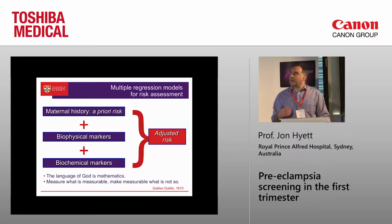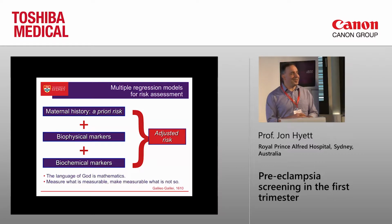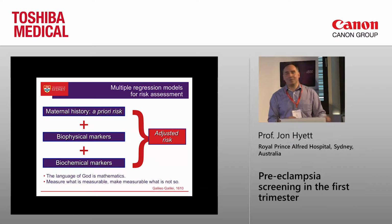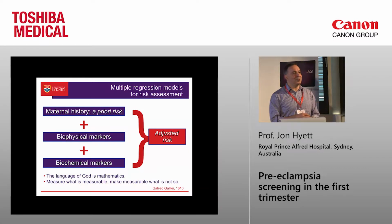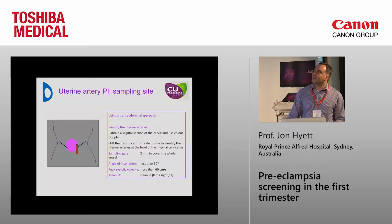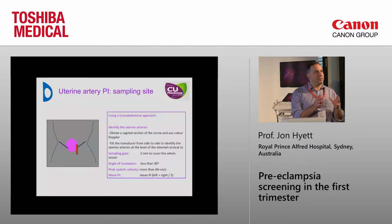So I am a disciple of first trimester screening, and I'm a disciple of Galileo Galilei, who said the language of God is mathematics, and measure what's measurable and make measurable what is not so. And this certainly applies to uterine artery Doppler. So in the first trimester, we want to make sure that we standardize the technique, and it's very different to the technique that we use in the second trimester. And in fact, if you apply the second trimester approach, I'll try and demonstrate this in a few minutes, you'll find that you get very different